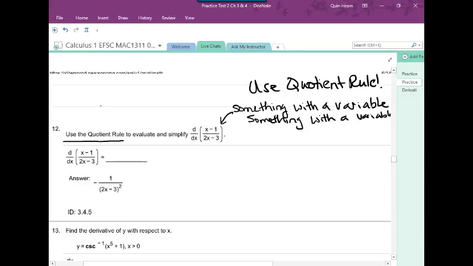Okay, so the quotient rule says that if you have a function y equal to a top function over a bottom function,